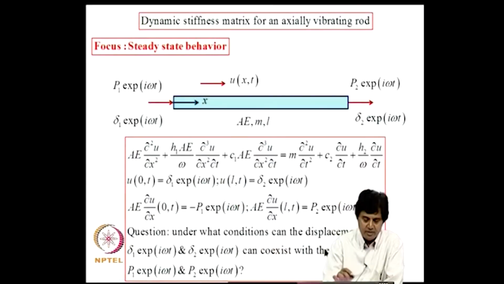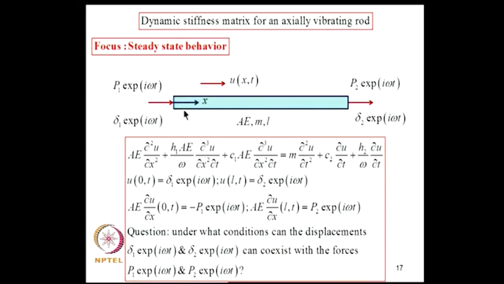So, what we will do is we will start by considering an axially vibrating rod. In this discussion, the forcing functions are all harmonic, and we are focusing on steady state behavior. That means the system is damped and a steady state exists. So, now let us consider an axially vibrating rod with field variable u of x comma t. A, E, m and L are the properties, axial rigidity, mass per unit length and the span of the rod,